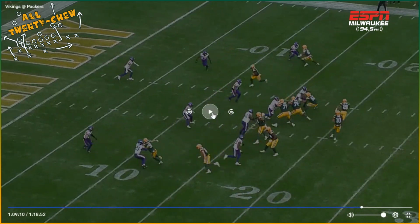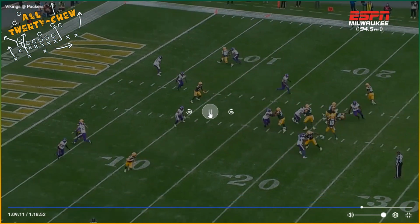All right. So it looks to me like he's kind of looking at this linebacker here, or he's trying to take a look at just where the safeties are going. Harrison Smith is kind of at the bottom here with Christian Watson. He's kind of looking to that left. Keep it rolling. I want to see what the